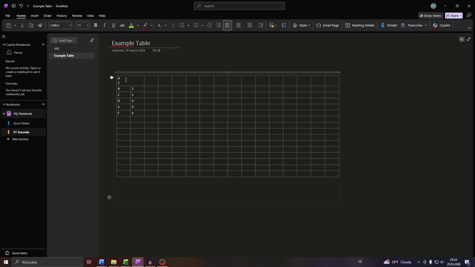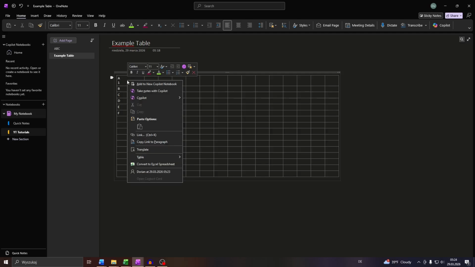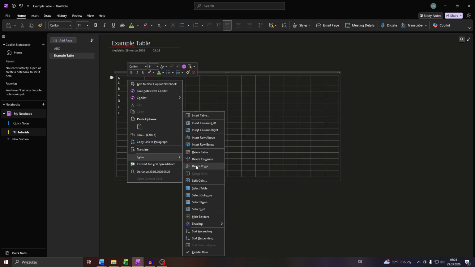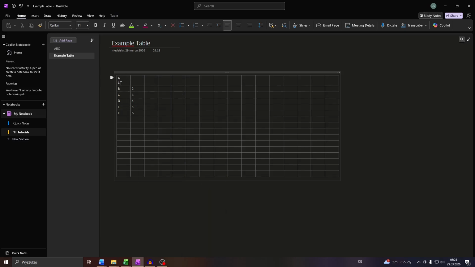So to reverse that, instead of using the undo feature, you may split the given cell or unmerge it. Right click into it, hover mouse over table, and choose the option just below merge cells, which is split cells. And there you go. Now in some cases it may be necessary to redistribute the content for these cells,